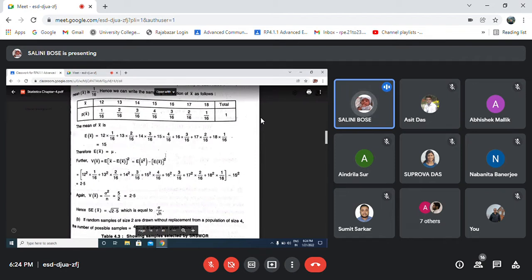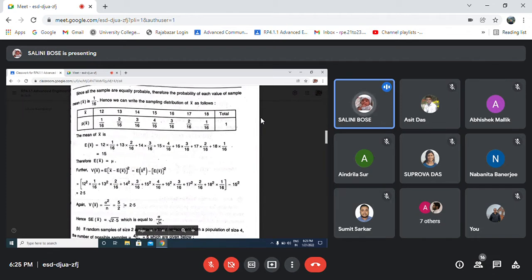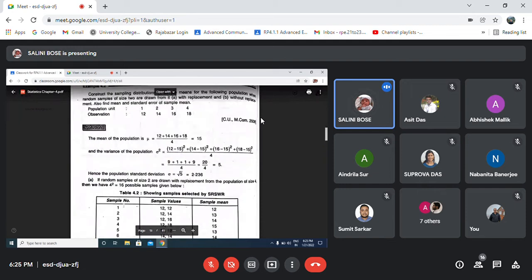And already it is clear to you, E of x bar whole square, that is 15 whole square. So from there you can see your variance of x bar is equal to 2.5. And similarly, if you do it through this formula that is already known to you, that is sigma square by n, where sigma square is the variance of the population, that is, the standard deviation sigma is equal to